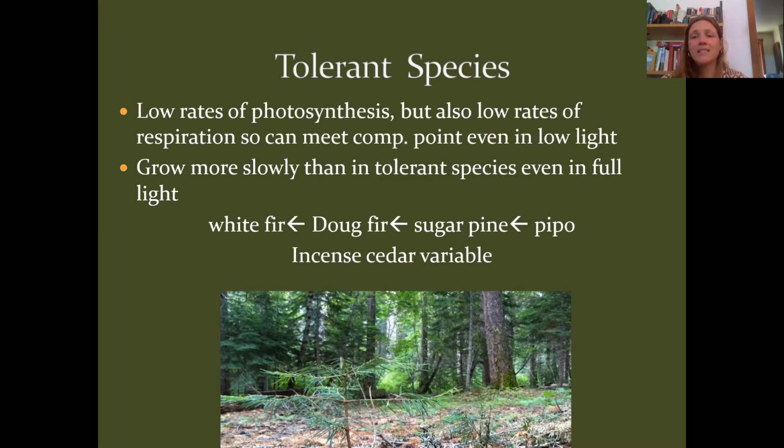Douglas fir is also pretty well adapted at this. Sugar pine is less well adapted at this. And then Pipo, which is a shorthand for ponderosa pine, is very badly adapted to live in the understory. It's very intolerant of these low light understory conditions. And then incense cedar is kind of a funny plant. It's the fifth Sierra mixed conifer species, and it is really adapted at growing in a huge range of conditions. So it can grow in very open conditions very well, but can also grow in very shady conditions as well.